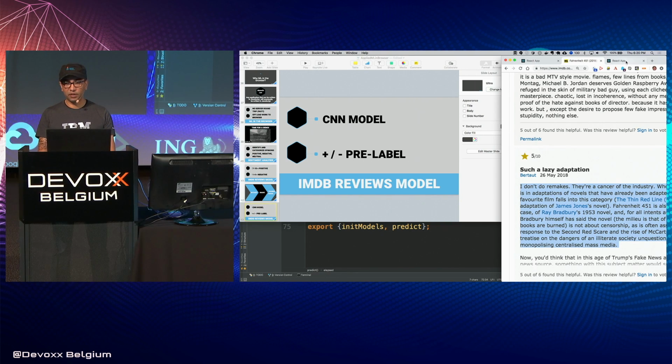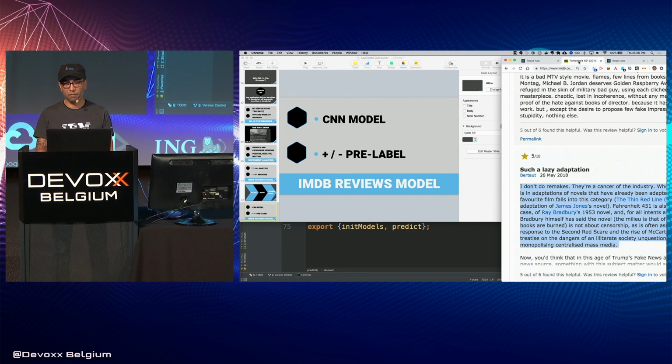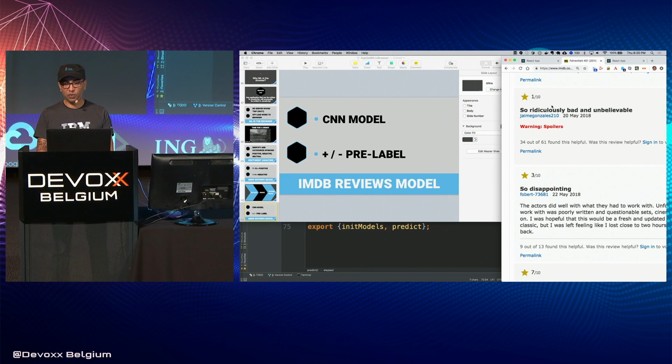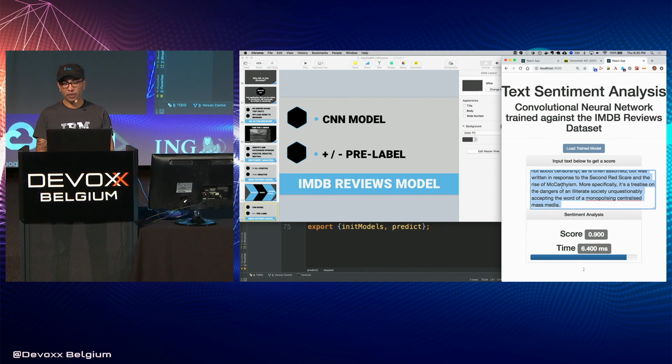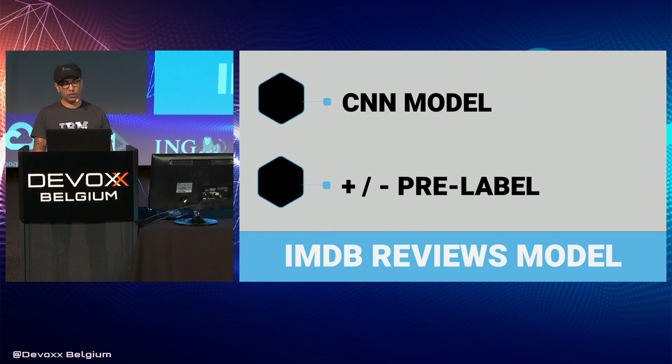Let's try one more of these, actually. I've done one before where I actually got a 5, and of course it doesn't work, so that's okay, right? Again, there are some shortcomings in this specific model. So: ridiculously bad and unbelievable. I'm sure that would rate very low as well. This was a 3 out of 10. So yeah, now we're going to 0. So you can see it's a little bit overfit, and it tries to go to the extremes when we put together a model. Anyways, so the IMDB reviews model is a CNN, supervised learning,